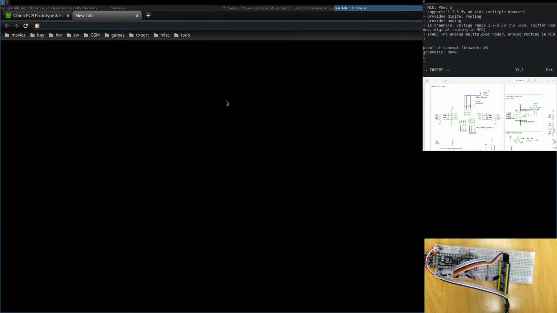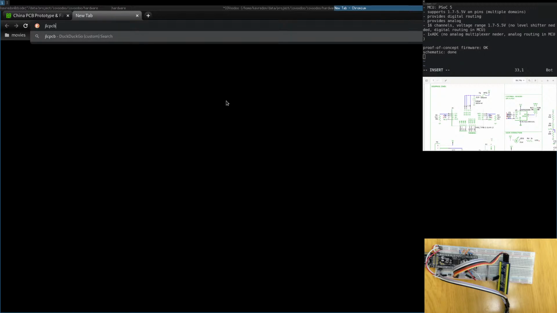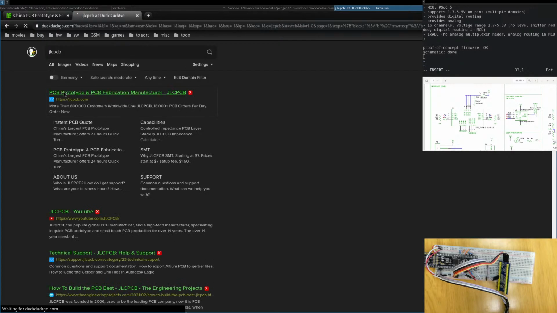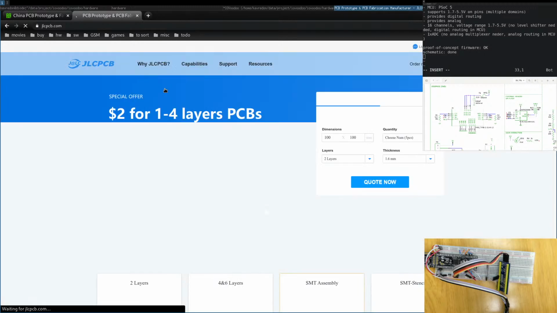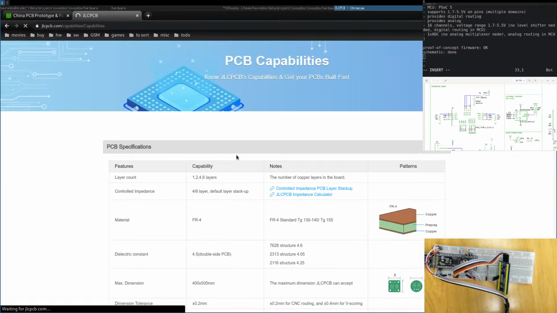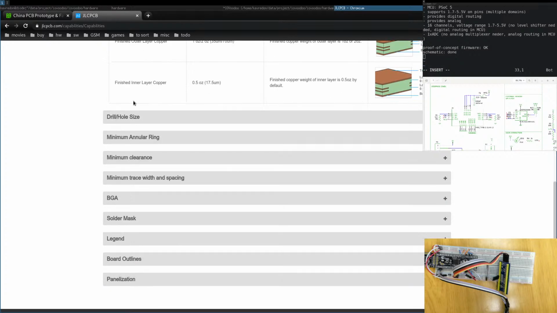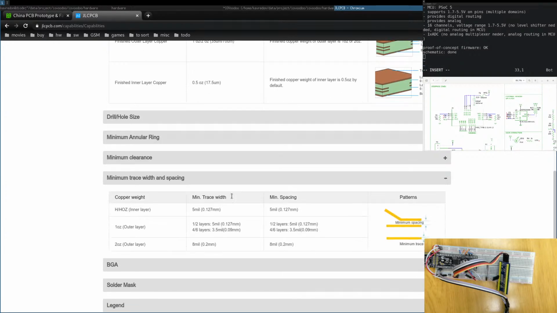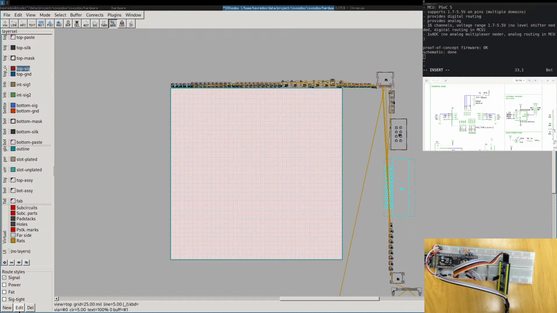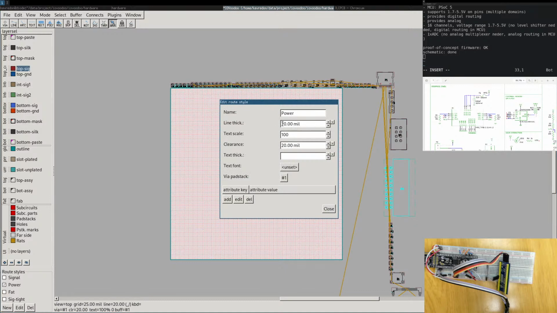If I go to another popular prototype manufacturer, like JLCPCB. Here, capabilities. You have lots of them, minimum clearances, minimum trace width and spacing. Here, 5 mil, 5 mil. So traces with 5 mil and spacing 5 mil. So we can abuse that. It's tiny, but we can abuse that. So what I often do is signal is 5 mil by 5 mil and power is 10 mil with the clearance of 5 mil. That's good enough. That allows me to